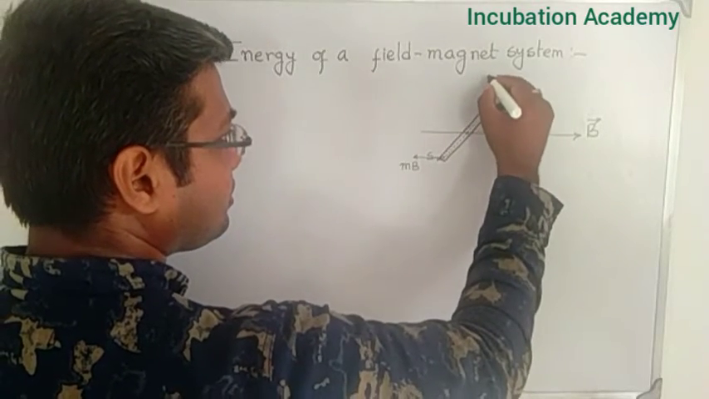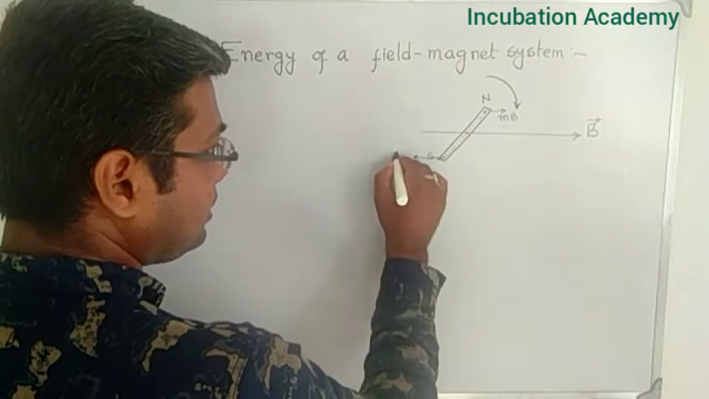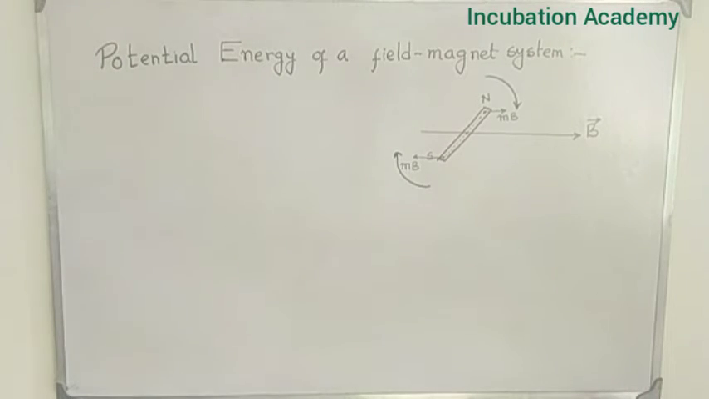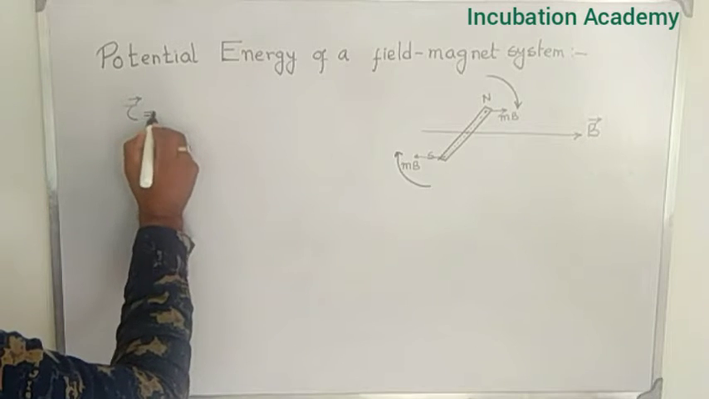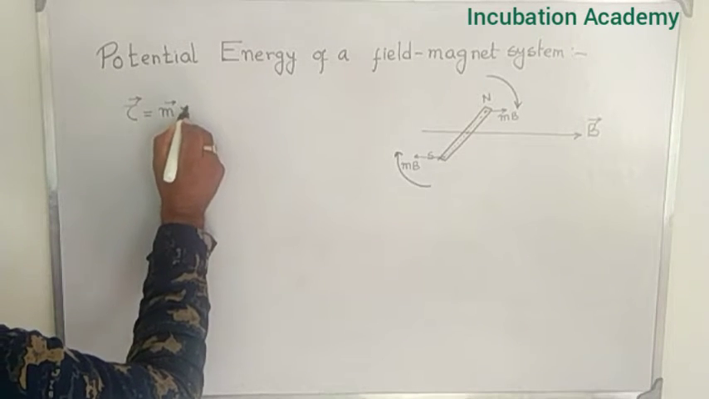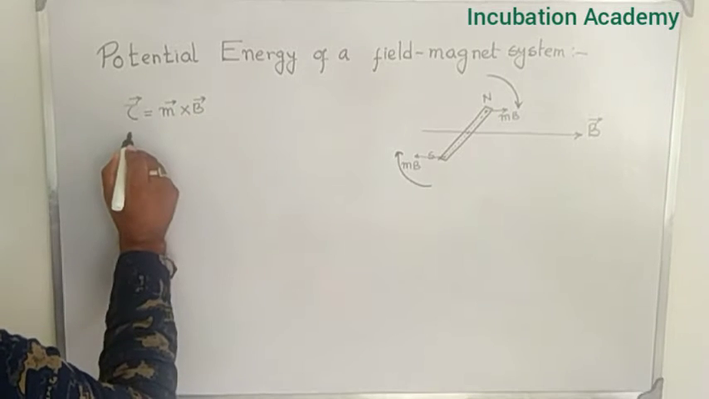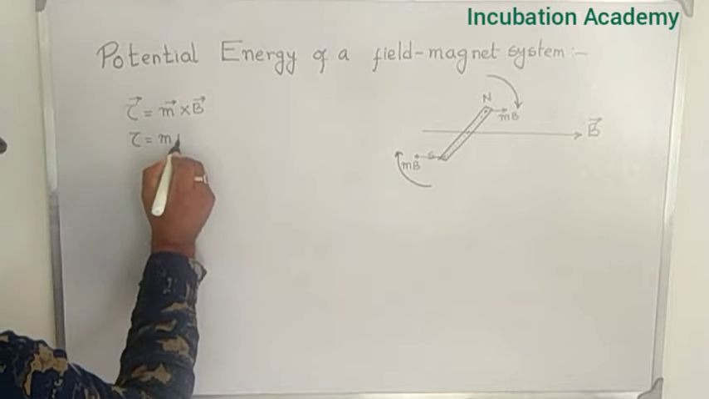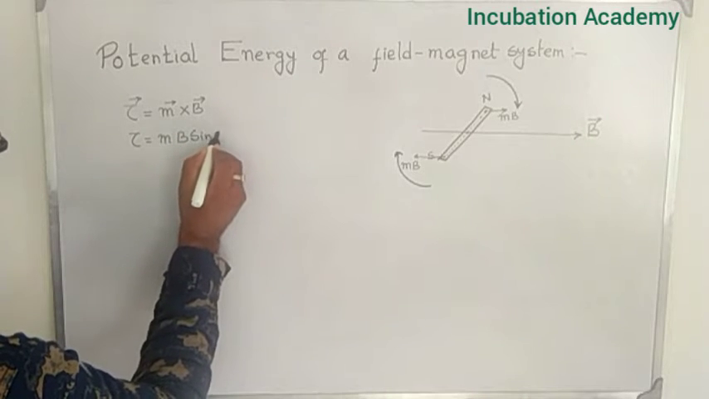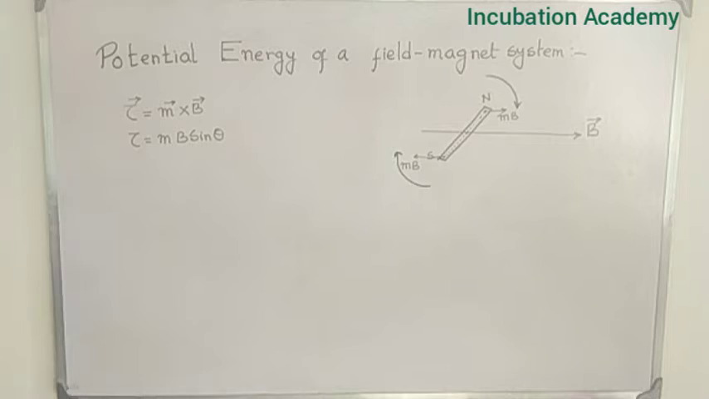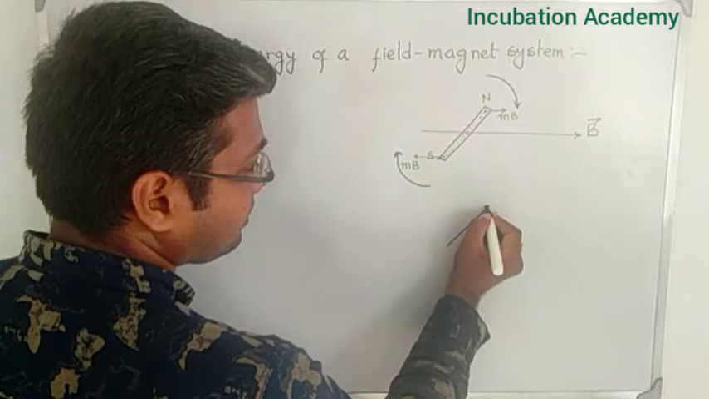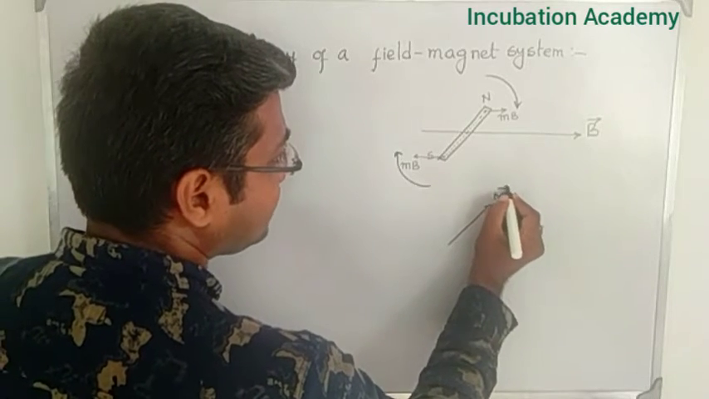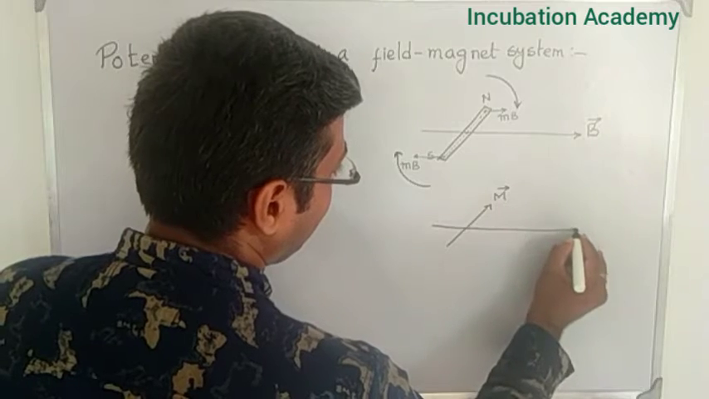So this magnet will feel a clockwise torque and try to align itself in the direction of the magnetic field. And what is this torque? This torque is equal to m cross B vector, or you can say tau equals mB sin theta, the scalar expression. So I can simply replace this magnet by its magnetic moment,